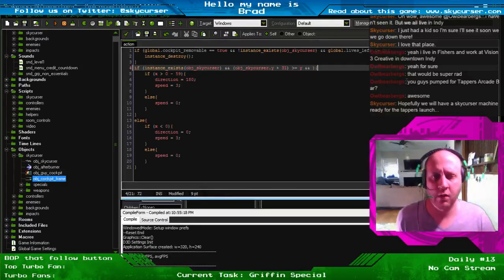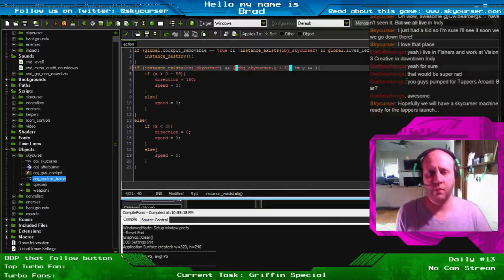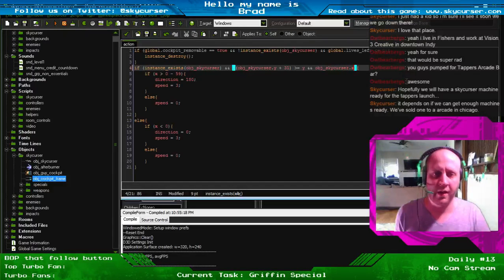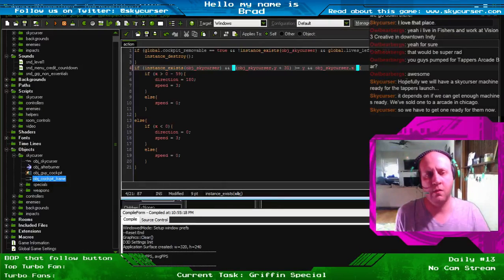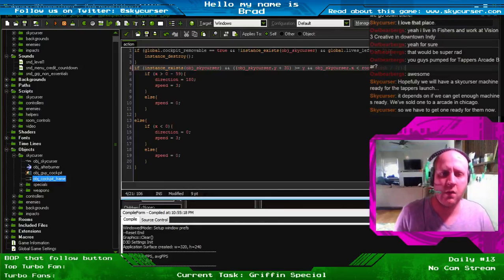Ah, I see. And let's say object Skycurser dot x is less than room width divided by 2. Let's just leave it at 2 for now. Okay,